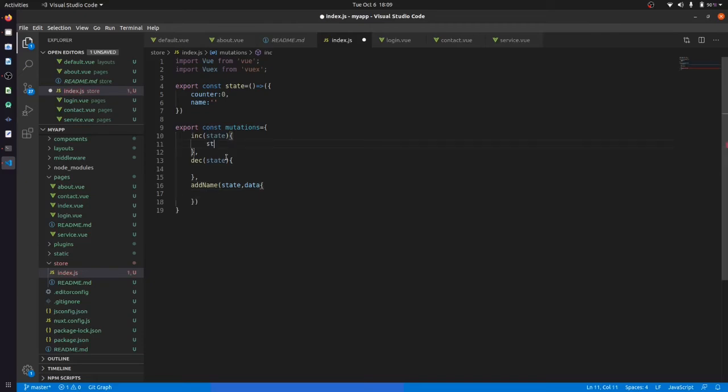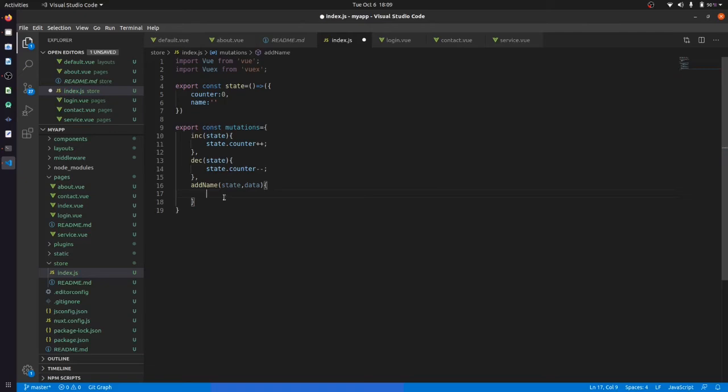And the point state is here, what we will do is state.counter plus plus. We will just increase that. In the similar way, we will do counter minus minus, with parentheses here, and minus this.